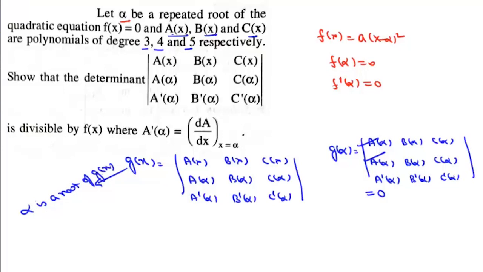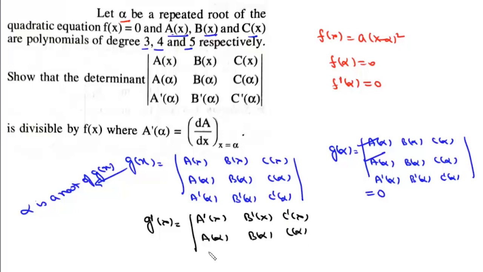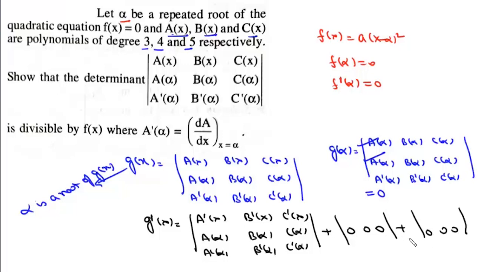Now if we find g dash x, it will be, now first we'll differentiate this first row. It'll be a dash x, b dash x, c dash x, and then other 2 rows they'll be as it is. And plus if we differentiate other rows, since they are constant, value of both the determinants will be simply 0. So this is our g dash x. Now if we find g dash alpha,